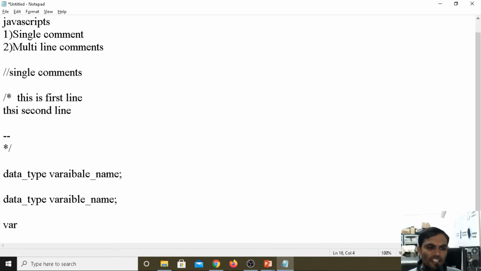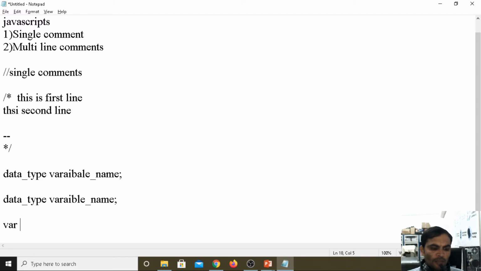Var is a predefined data type that can hold any type; it is not specifying. Var means it is not an integer, it is not a string. When you assign a value to the variable, based on that value it defines the data type.